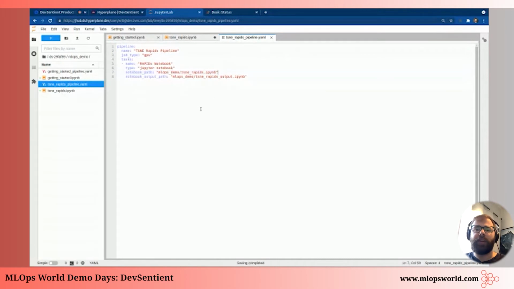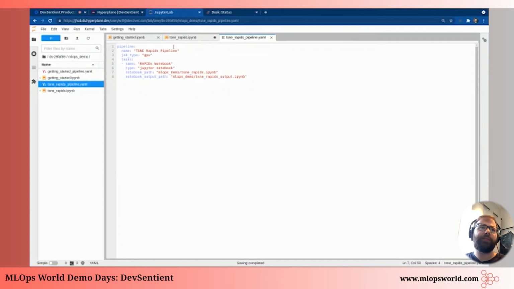And the one nice thing about Hyperplane is that for your jobs and your pipelines, we save the fully executed notebook to your object storage solution of choice. And what this really allows for is increased auditability, as well as a really easy way of debugging these automated pipelines. And I'm going to show you a little later how we go about doing that.